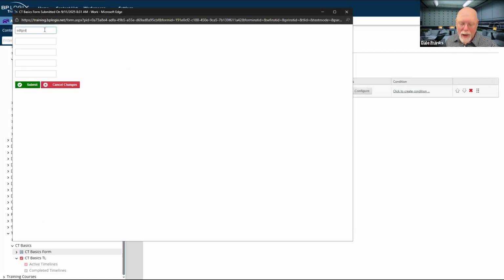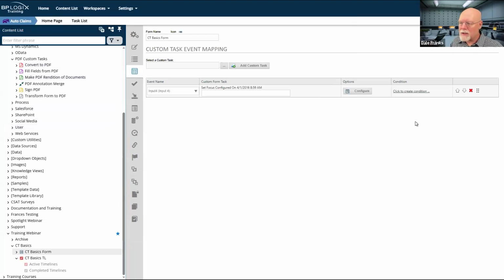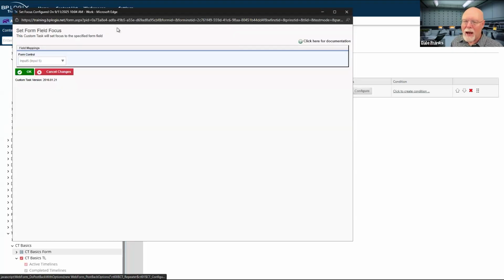What I want to happen is to hit tab, tab, tab, tab, and then tab to submit and submit my form. That time, my tab order worked exactly the way it was supposed to, because the set focus custom task ensured that my focus, whenever I was tabbing my way through this control, always goes to input 5 when the input 4 event occurs.